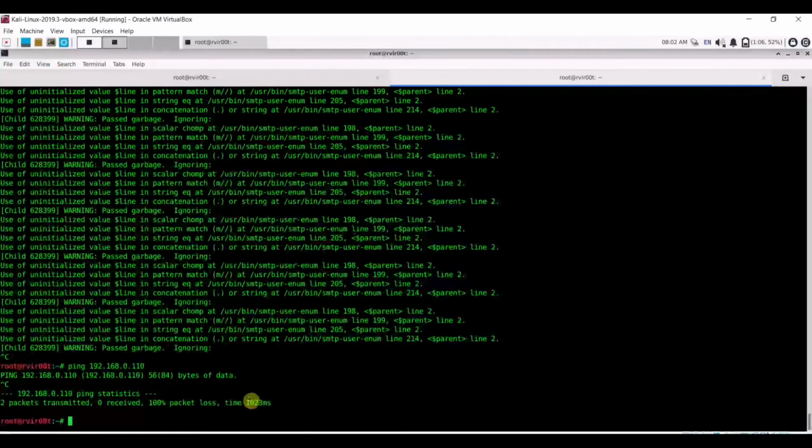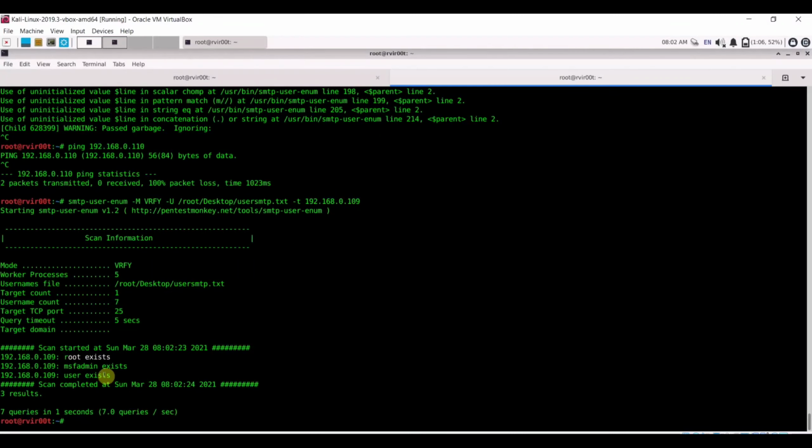So let me try the same thing on 109 and hit enter. Right here you can see on the screen that root exists, msfadmin exists, and user exists. So these are the three users which exist on this server. This makes our task easy to identify the user related information.